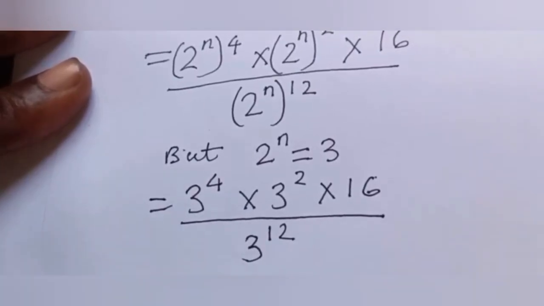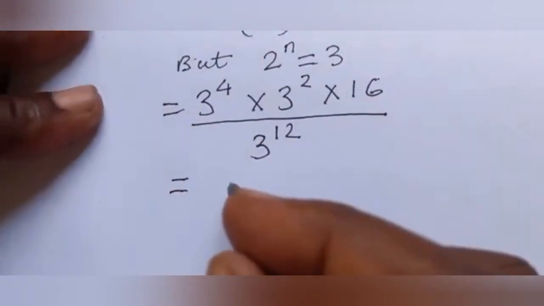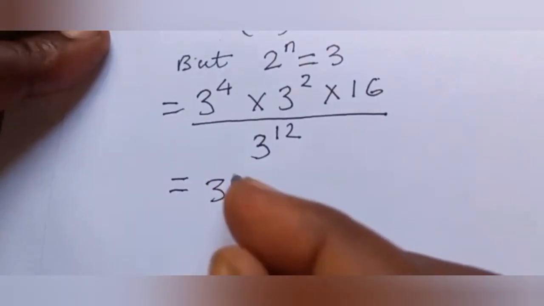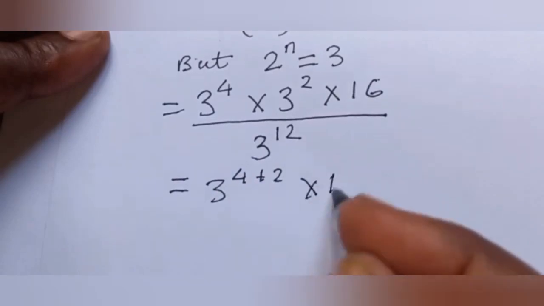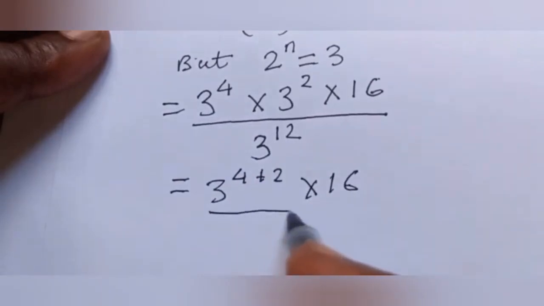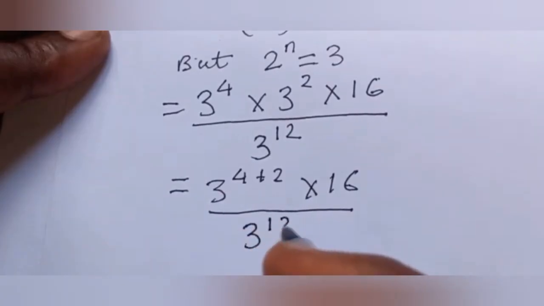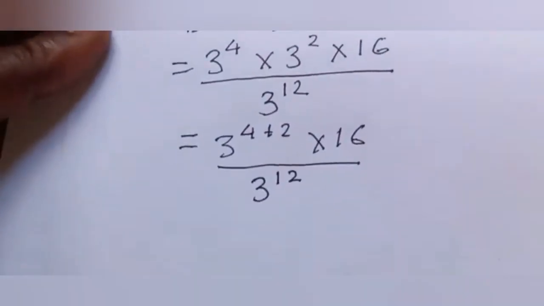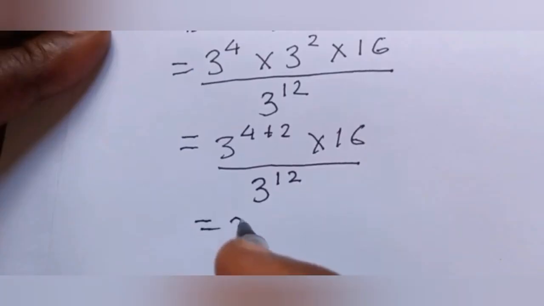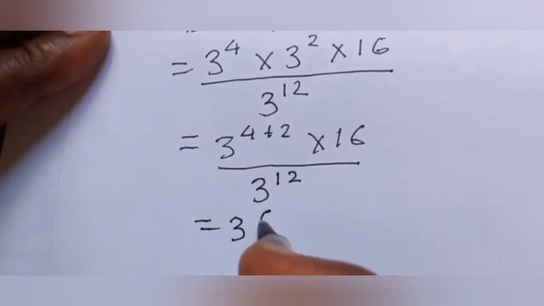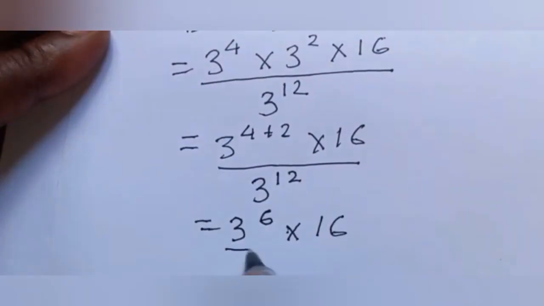So we have 3 power 4 plus 2 times 16 over 3 power 12. Here we get 3 raised to power 6 times 16 over